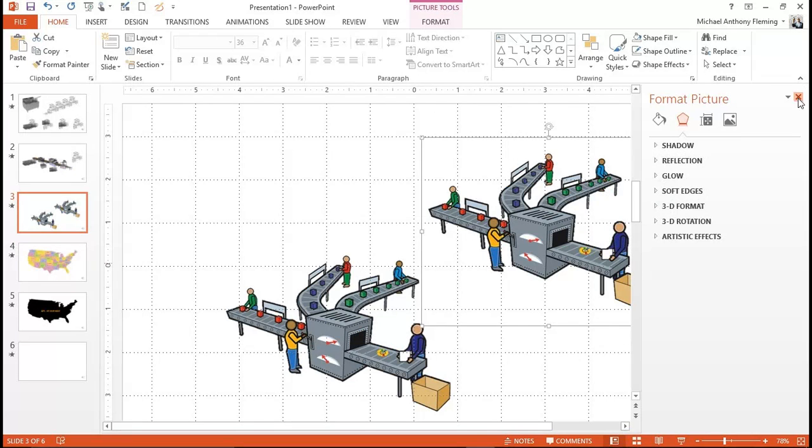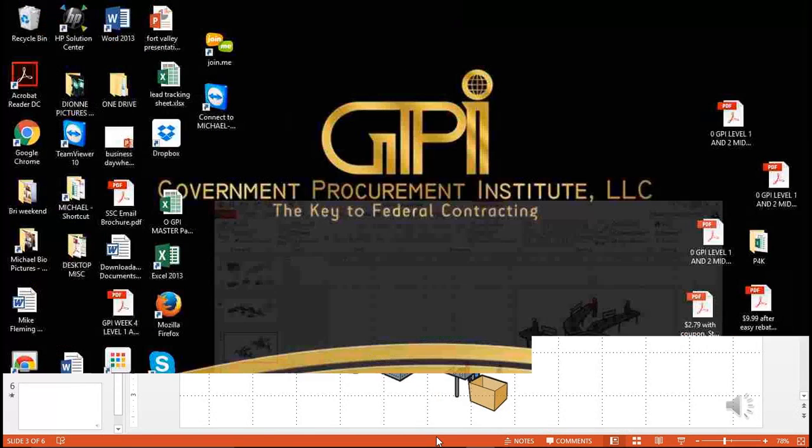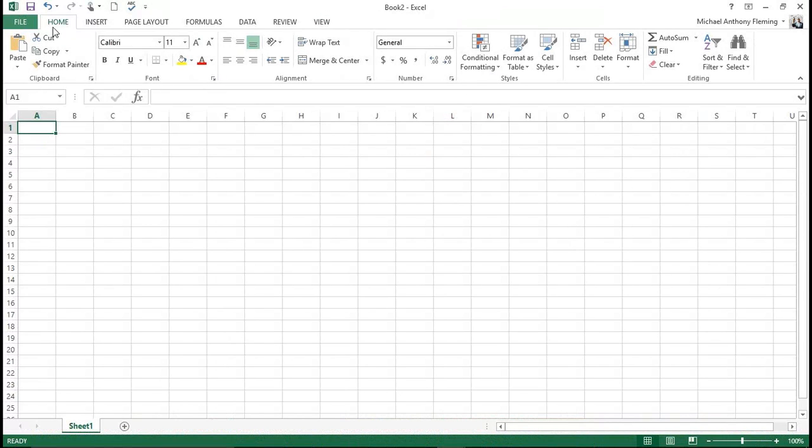All right, so next I'm going to go to Excel. Excel is one of my favorite programs. In Excel, for the most part, up here it's the same thing. This is what I'm talking about: File, Home, Insert, in the top left-hand corner. When it comes to anything with IT and technology, this is the thing you have to remember about